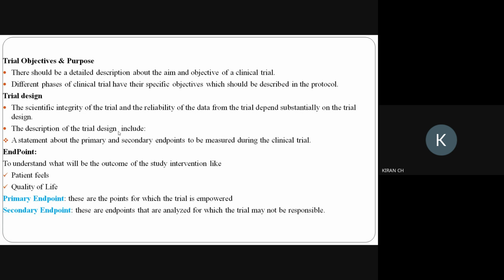So now if I'm doing a clinical trial, what will I target? To relieve the symptoms, to relieve the pain of the patient. So what is my main objective here? I'm doing a phase 3 trial. Then my main objective is to know the safety and efficacy of this particular drug in relieving pain for the endometriosis patient. That is my objective. To achieve that objective, in endpoints I will mention